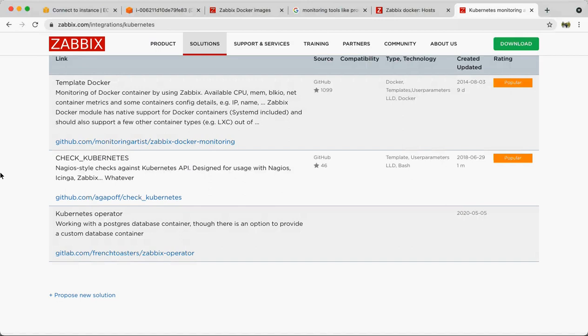But normally what will happen is you will have different Kubernetes deployment scripts there. Each and every node will have one agent running, and that agent will be collecting the stats of each node and reporting them to the Zabbix server.